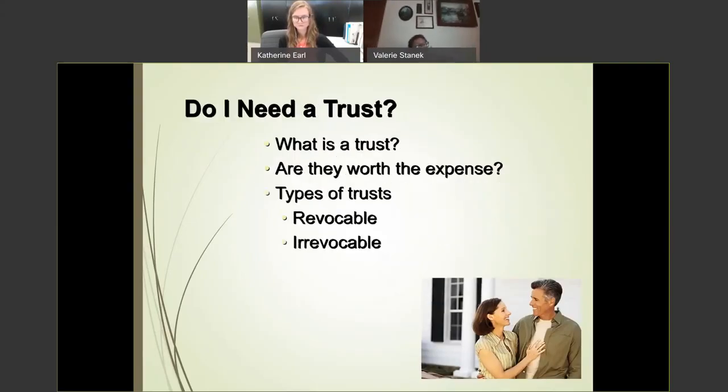So let's move on and talk a little bit about trusts. I am not going to go into full detail about trusts because, as I said in the beginning, I could go on and on, but I will touch very lightly on the points that I have here. So what is a trust? First of all, a trust is very simply a provision that allows you to control what happens to your assets